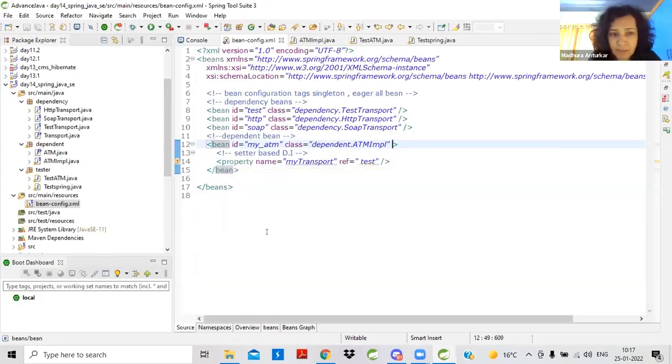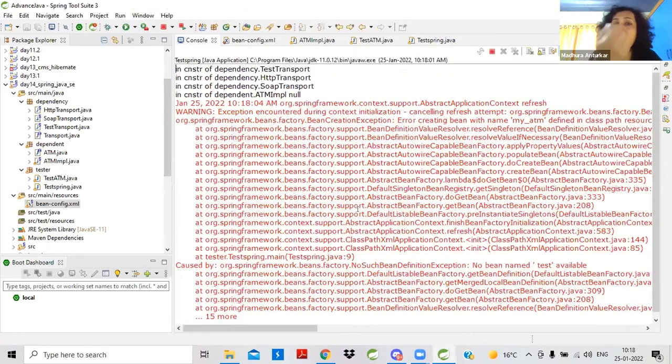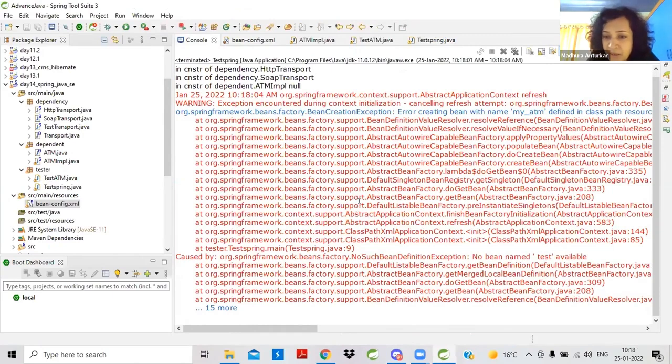Show me the bean configuration file again. Take me to that warning bulb. I mean, just take a cursor over there. Let me see. Reference bean test is not found. Test is not found. Just run the tester, please. Test spring. Like there. Run the test spring. Is it a genuine problem or this one? You have got it wrong. Anyway, but that will work. Anyway, try. Yeah. No, there is a problem. No such bean. No bean named test. Okay, there is a genuine problem.